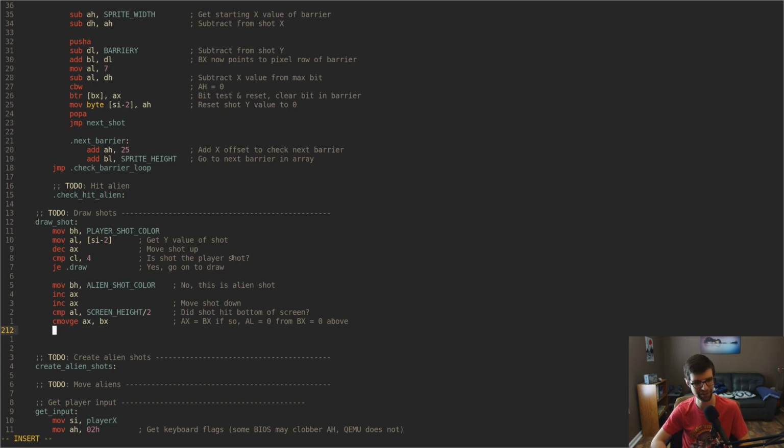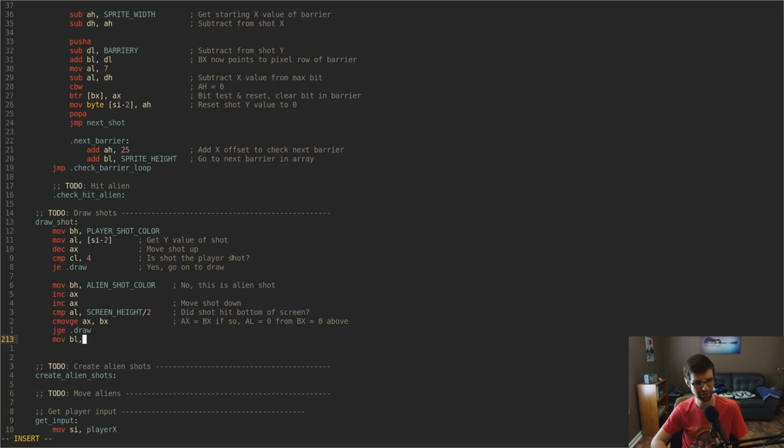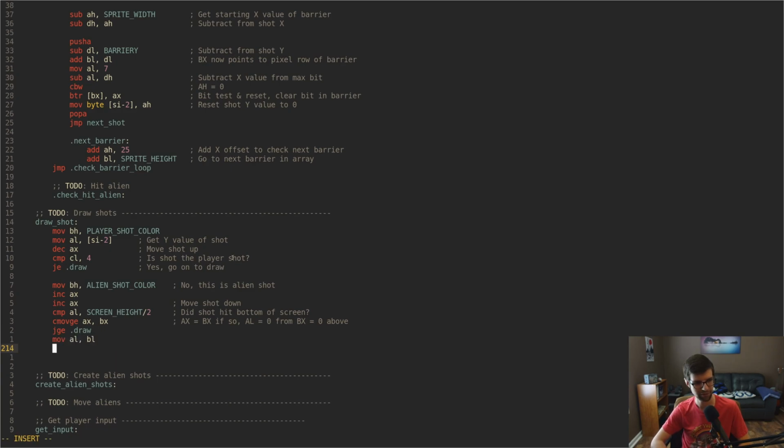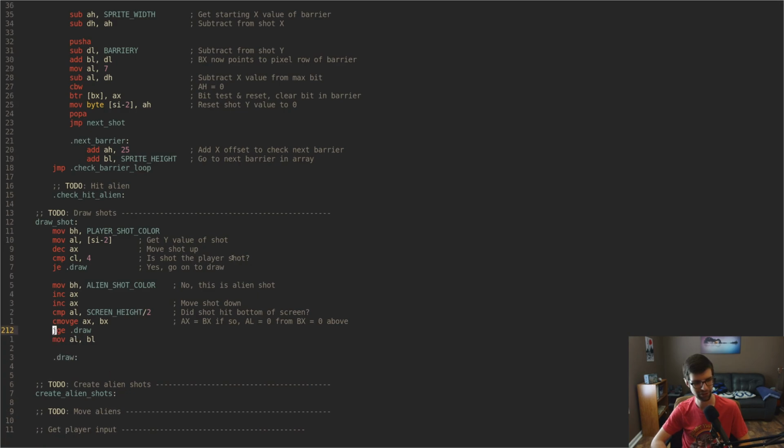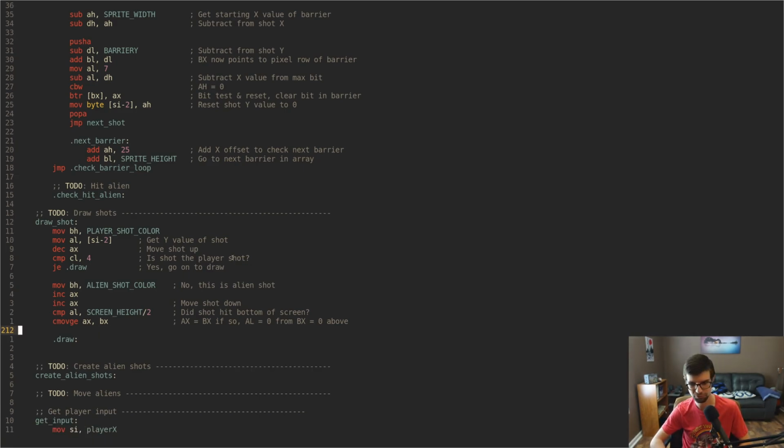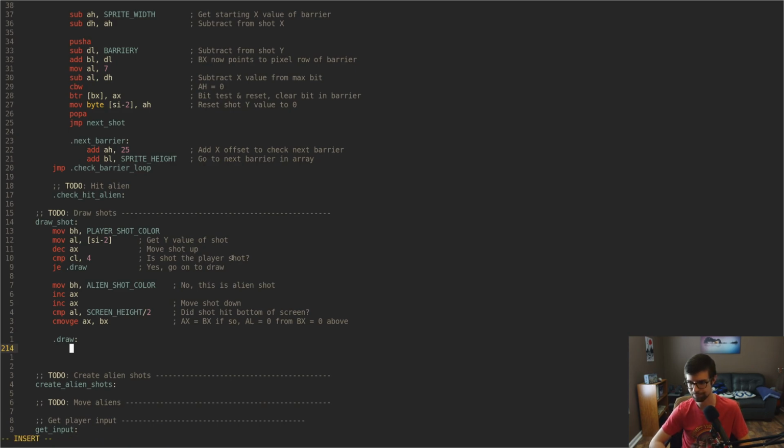And the reason I'm doing this instead of a jump greater than or equal down to draw, and then a move BL into AL, and then we'll have a draw thing down here anyway, is because it took up the same amount of bytes and it's one less line of code. Pretty much, I'm a simple man. I like some things to be simpler. So readability, lines of code. Okay, but if we actually go to draw the thing